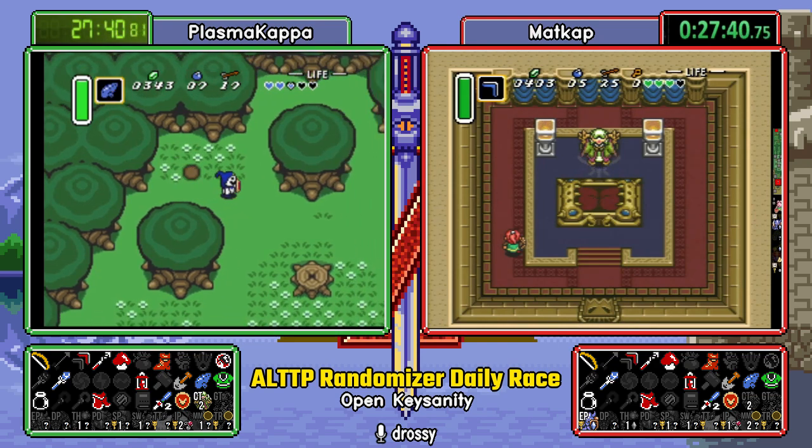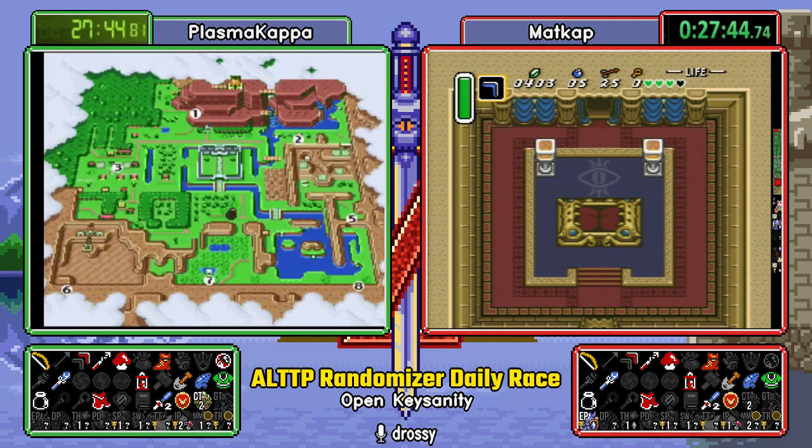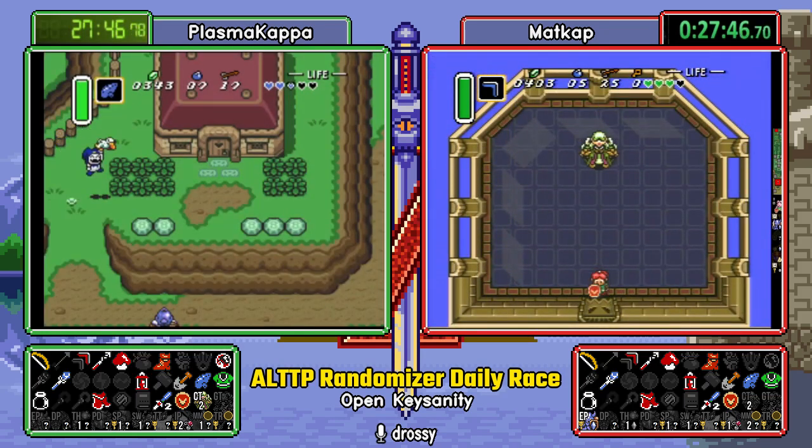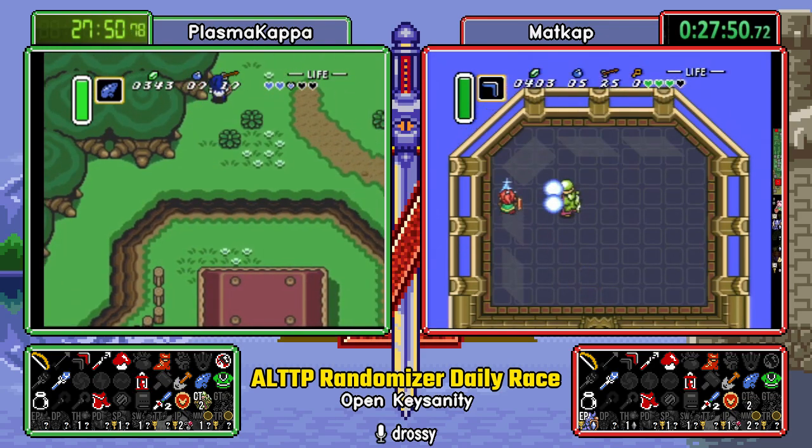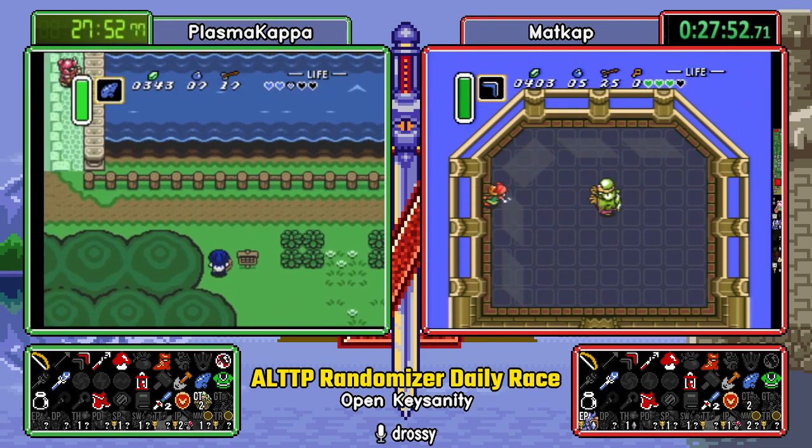And there are the flippers. Okay, so that combined with the hook now gives us West Dark World access. So it's a long hike. But